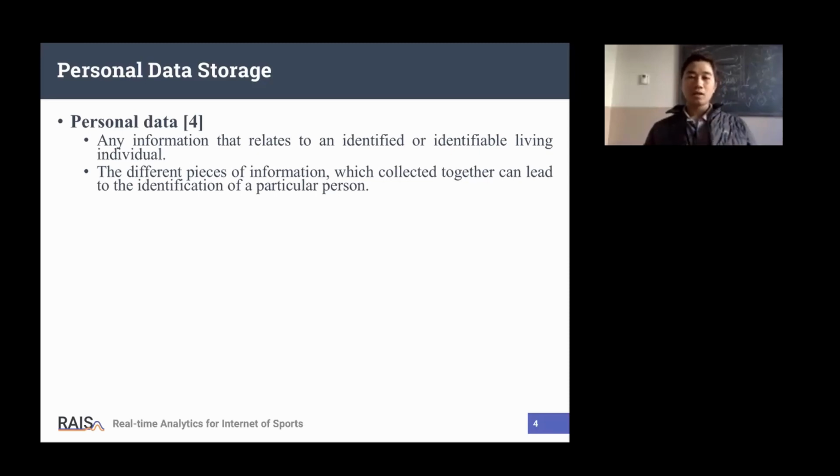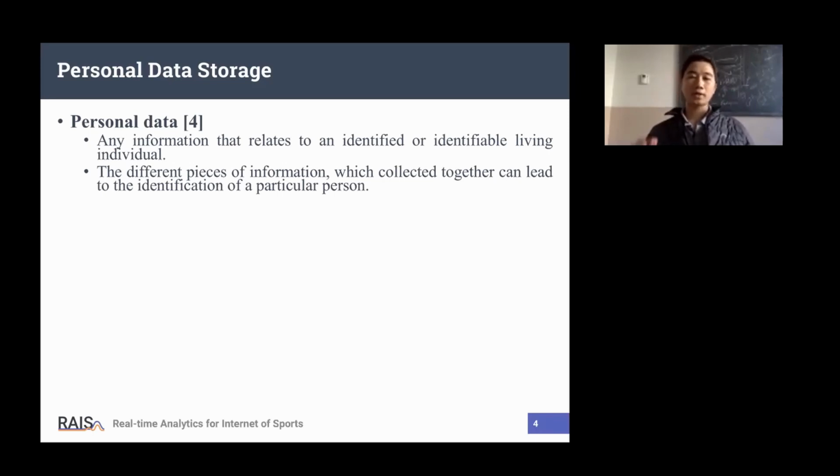But we can have another way to identify a specific user by using the available data released from the user. For example, in America, they can use the name combined with birthday and gender to identify 87% of the citizens in the USA.